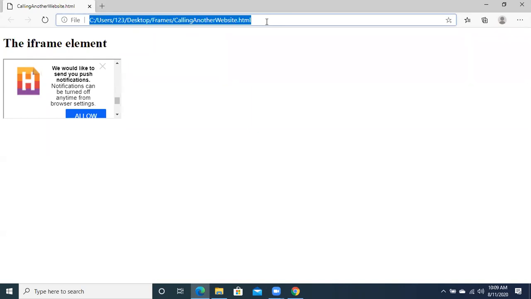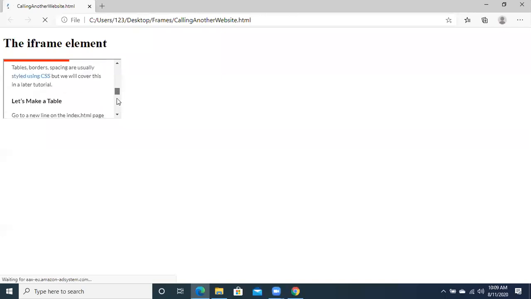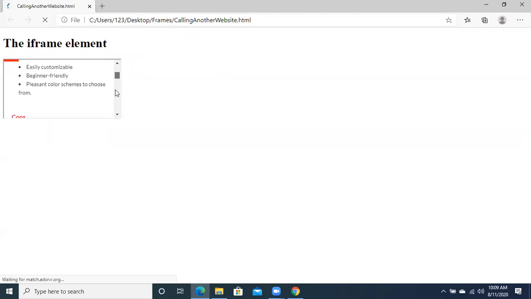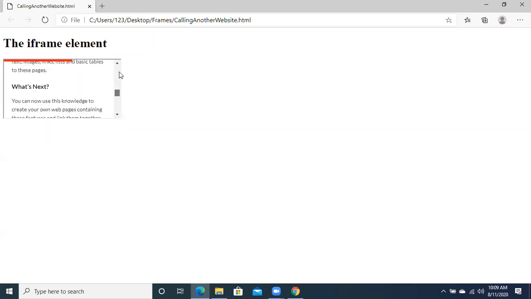Complete html.com is there inside. You can see over here, and it is comparatively slow. It is not that fast, but keep in mind that whenever we run it, you will see that scroll buttons are there. You can see over here. You can scroll down and see the complete website, which is being opened in such a small frame. How could it be possible? See this thing. In a small frame, we have opened a complete website.